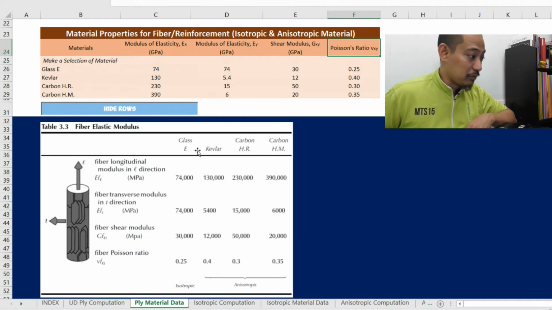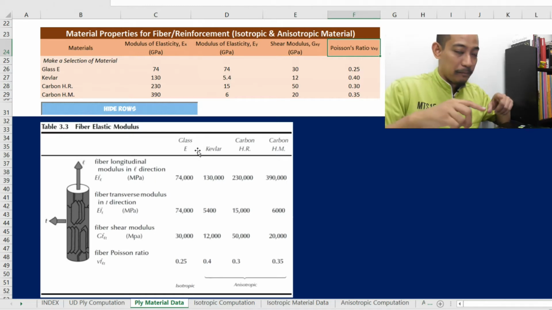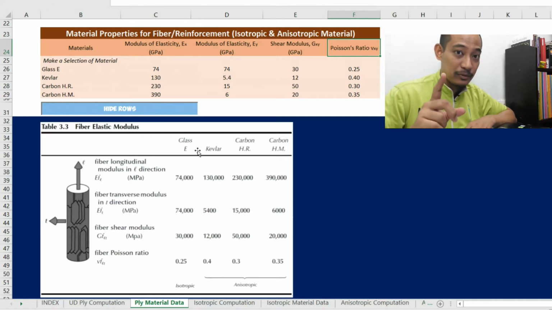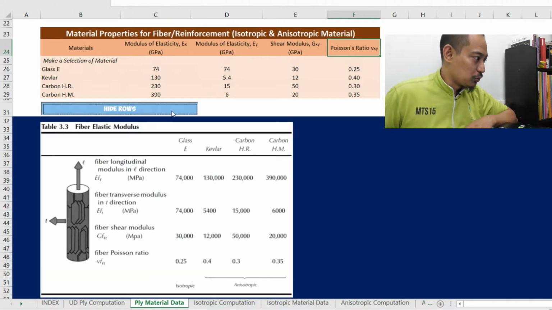This is taken from your textbook. I think most of you have done this before, right? You put the source table, right? But I think there are still some of you that in your Excel file this is missing, right? That does mean that the mark for this will be missing also, right? So make sure you have this, and make sure you also learn the function for how to do this, how to hide and show